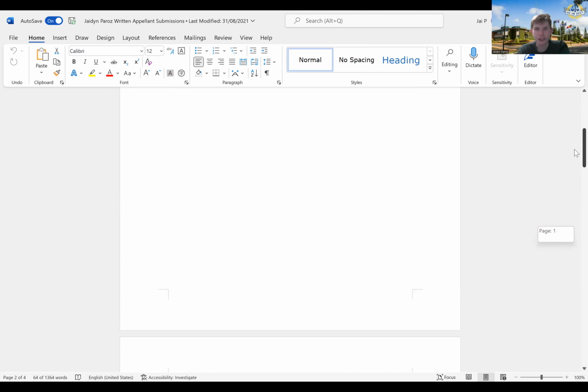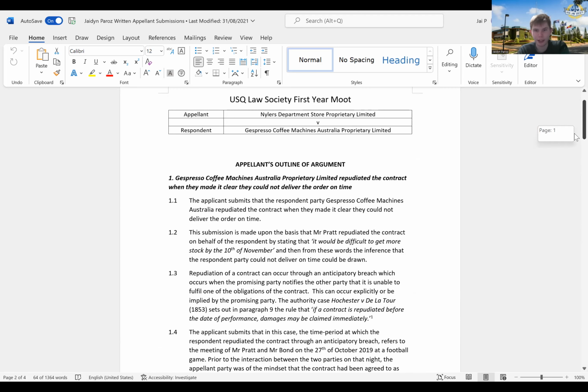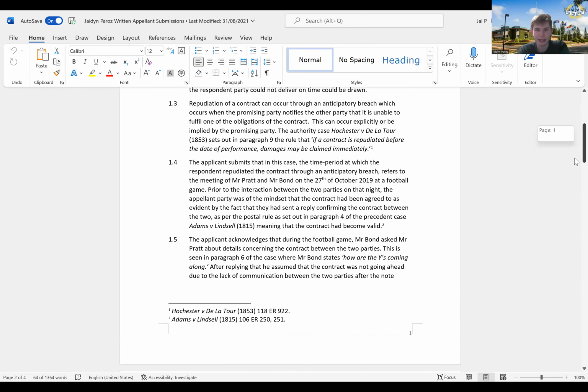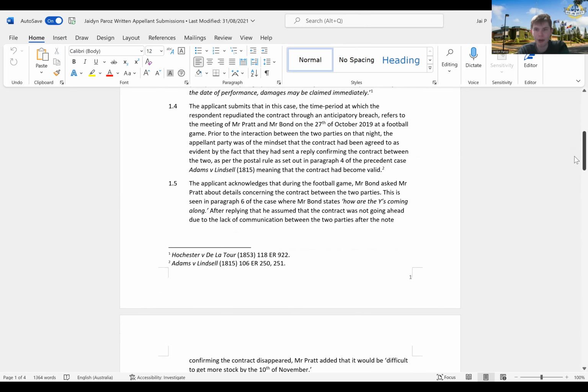Written submissions are often, I'm going to say, the trickiest part of the first year moot. It's really hard to pick up on, but that's why it's only worth 5 marks. If you just put something on the page, you're going to get 3 marks, because the judges usually are quite nice. They're not going to give you anything lower than half the marks. Even if you put some random words on a page, as long as it looks decent, you're going to get 3 marks. That's 3 marks out of 100. It's a small amount, but it can make a difference in a moot.